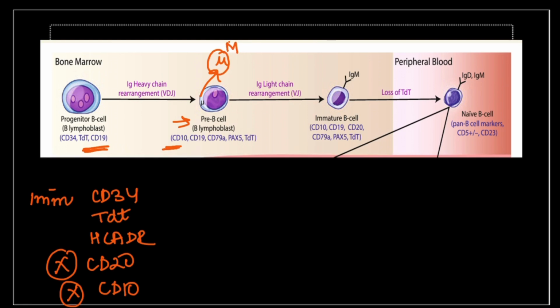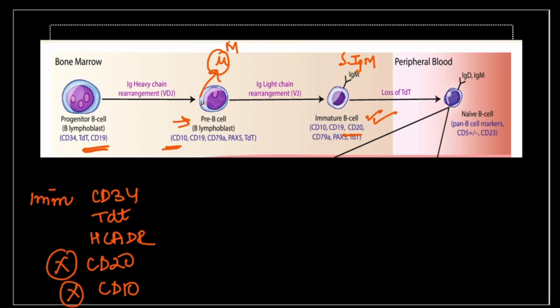which is further going to form immunoglobulin M. So next is going to be the immature B cell stage, which will now acquire CD20, and CD10 is going to disappear. Along with that, it will now have surface immunoglobulin IgM. From this immature stage,